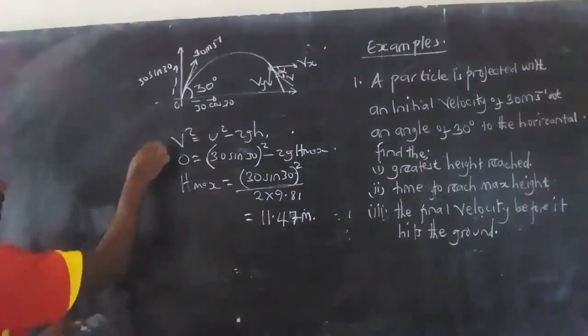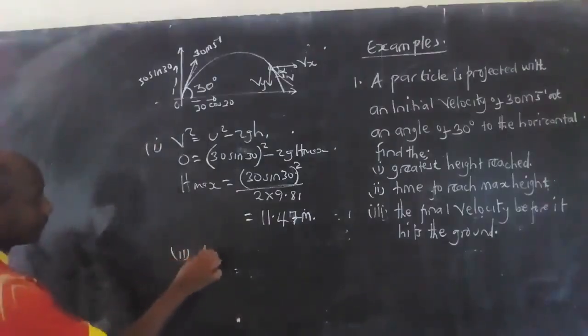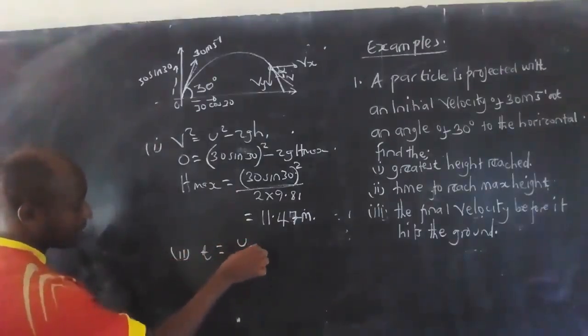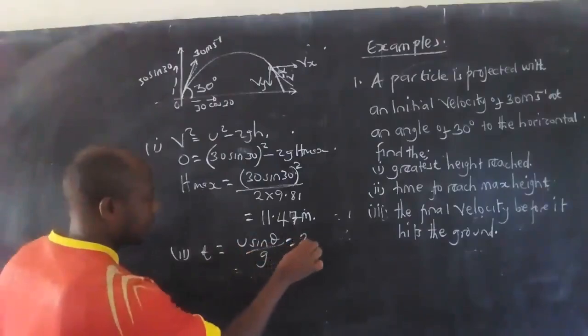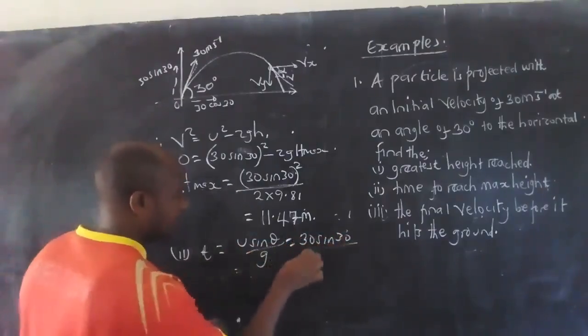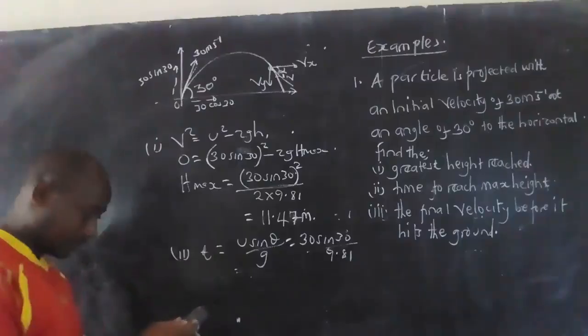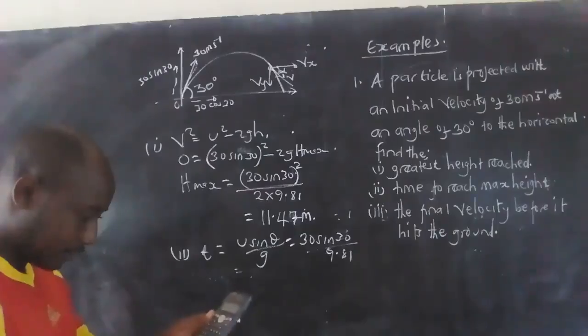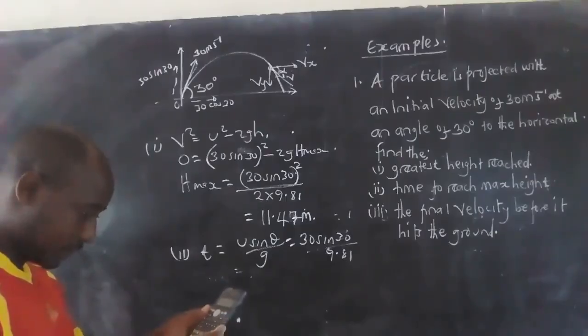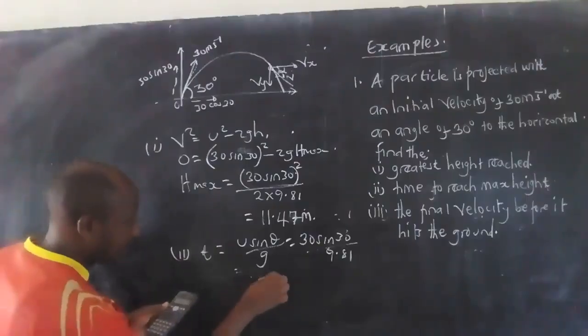Of course, we know our time. This is part 1. Part 2, time to reach the maximum is u sine theta over g, which is 30 sine of 30 divided by 9.81. So it will be 30 times sine of 30 divided by 9.81. So we shall be able to get 1 point... Time becomes